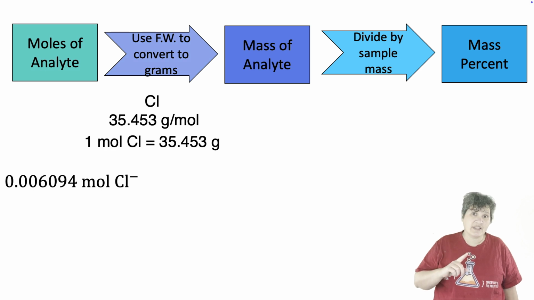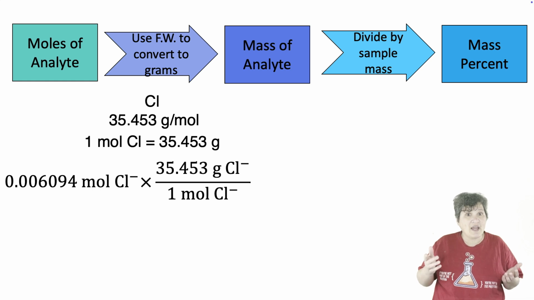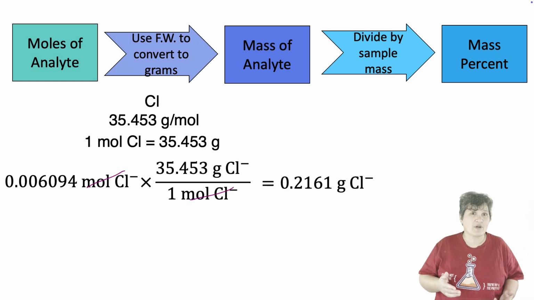Again, you can look at the relationship that 1 mole of chloride equals 35.453 grams of chloride and decide which of these two goes on top or bottom based on what you need to make the units work. Here that's going to be grams on top and moles on bottom. If you do the math, you can see that you have 0.2161 grams of chloride. And if that's all you were asked to calculate,